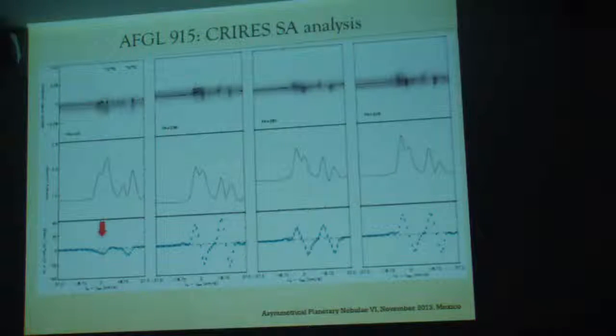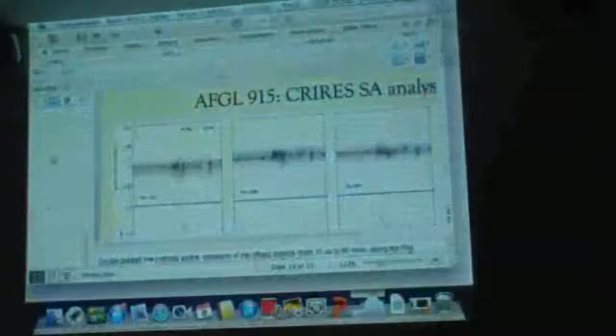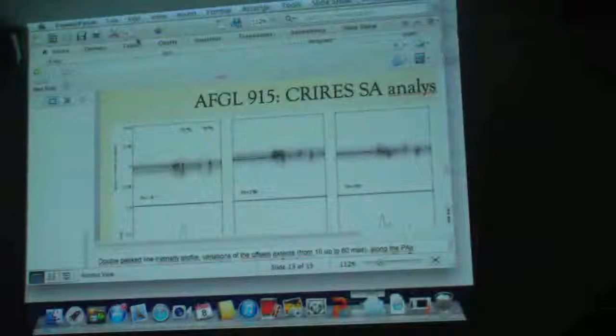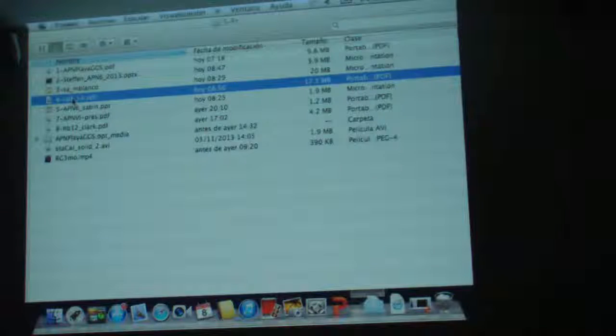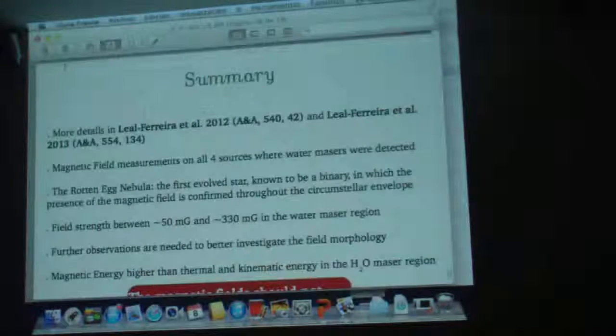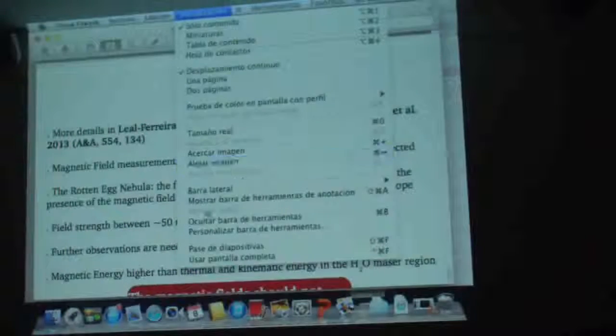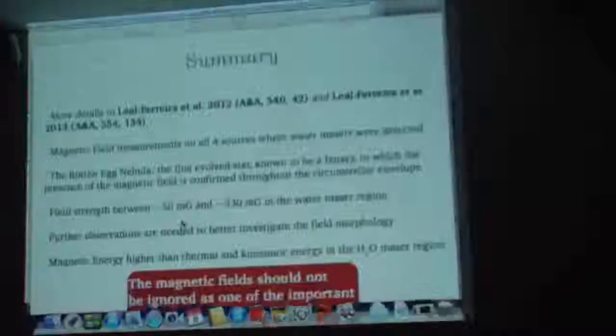Thank you. Okay, we'll move on to the next talk then. Oh, did we give you your acknowledgement? Marcelo Leao Ferreira is going to tell us about magnetic